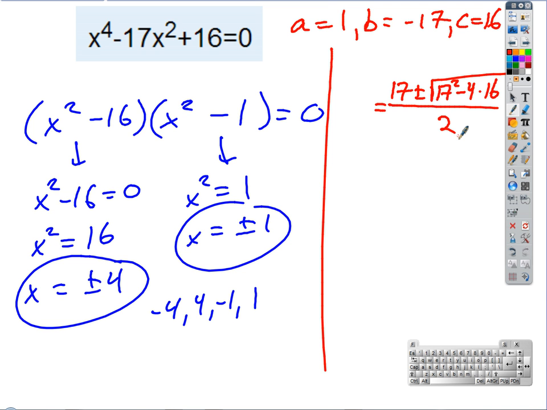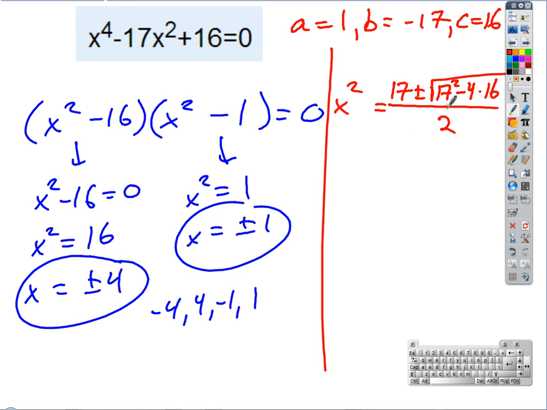X squared. X squared, right? Okay, and so if I did the quadratic formula, we already know what the answers are going to be, right? I know I'm going to get either x squared equals 16 or x squared equals 1. If I take the plus sign here, if I do all that math, it's going to give me 16, guaranteed, okay? And we won't take the time to do it, but if I were to simplify that,